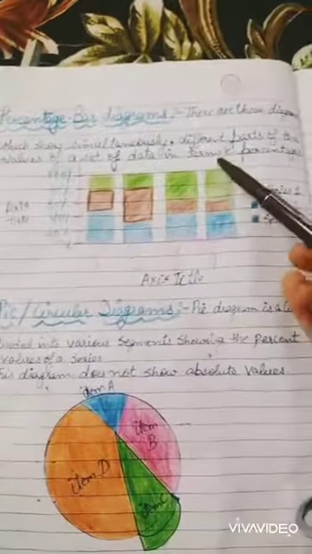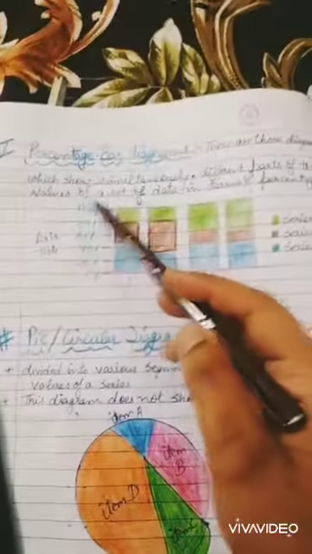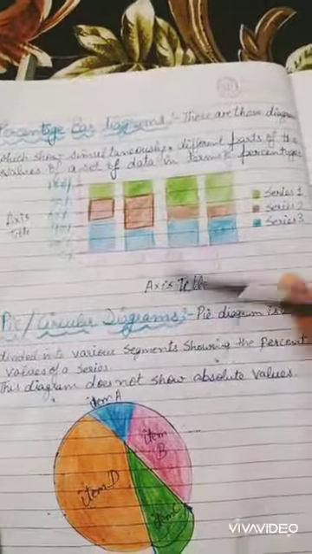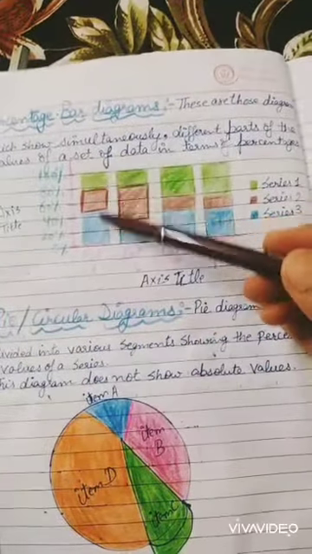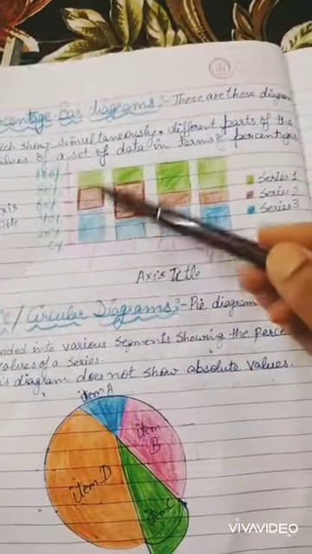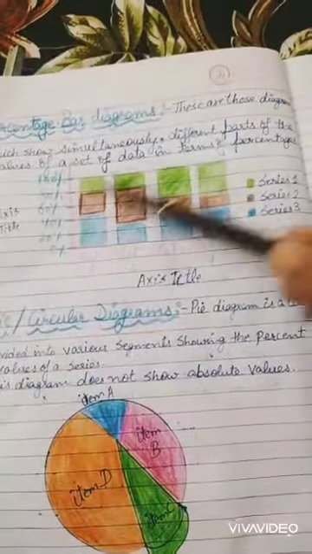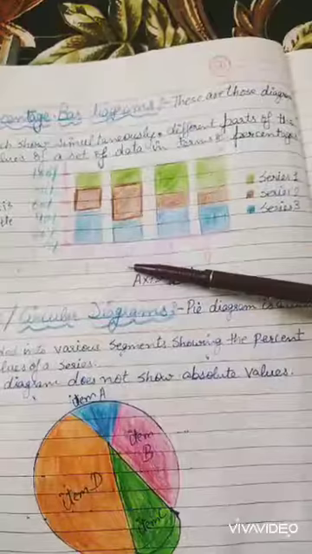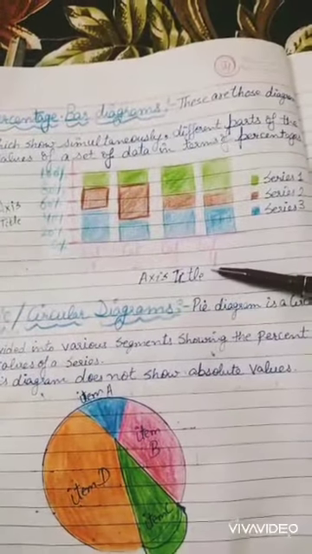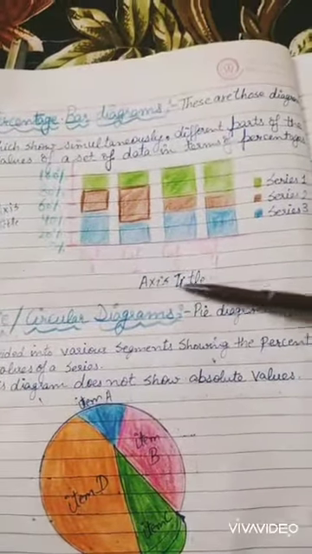The last bar diagram is the percentage bar diagram. Yes, it is known as the percentage bar diagram, which shows us the percentage of different parts of the values of a set in percentage form. Example, in the last diagram we showed the values in different parts, and these are also like that, but it shows them in percentage. Okay, like category 1, category 2, 3, 4, how many tiles we sold.